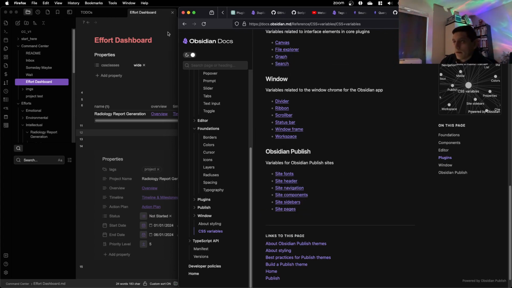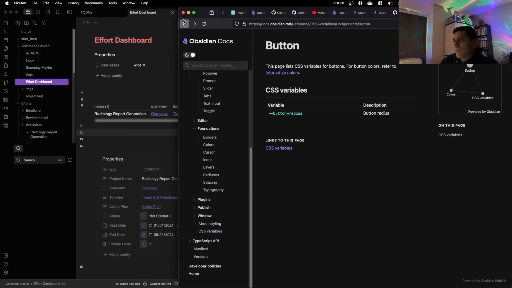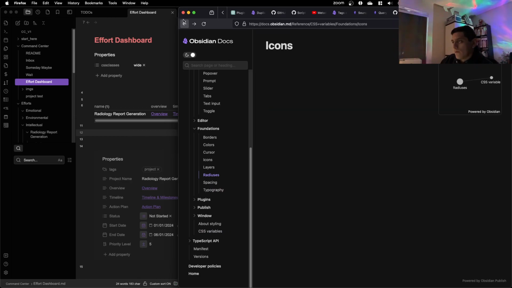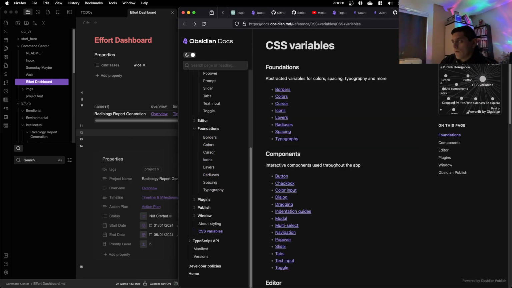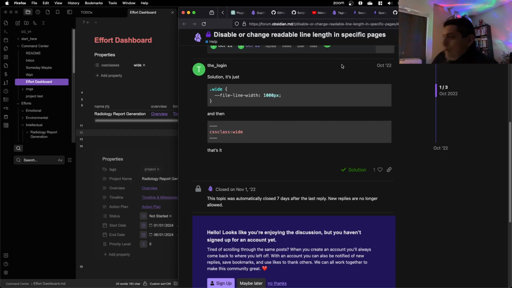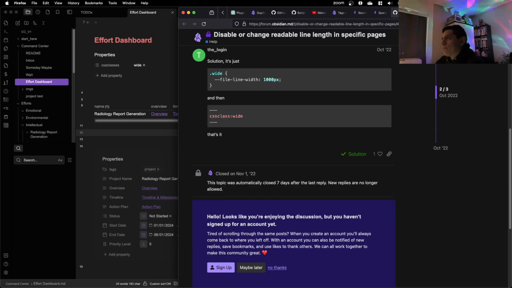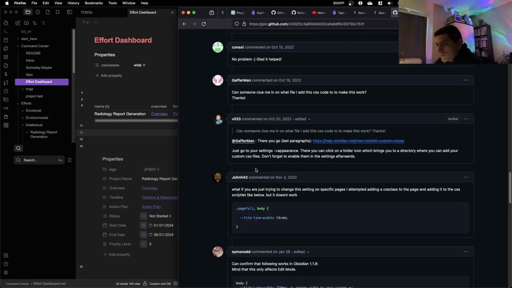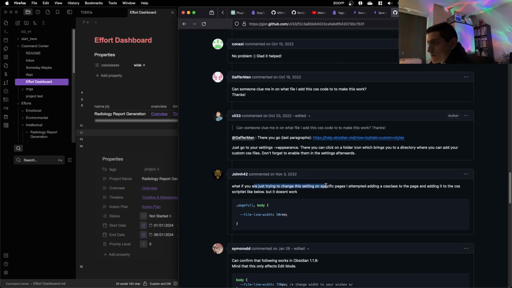But how do I apply it? What if you're trying to change a setting? I attempted adding to the, but it doesn't work. Confirm.